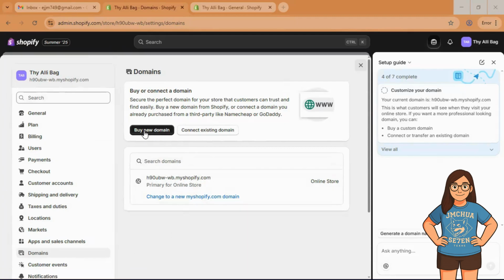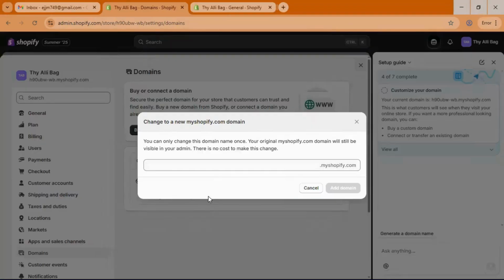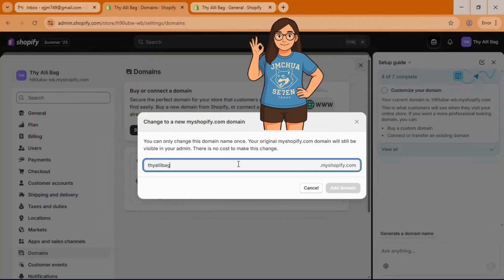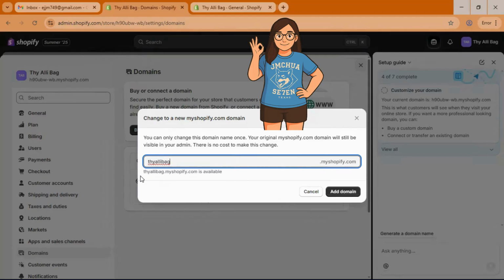So in this one, we can buy a new domain, or connect your existing domain if you already have another online store, or we can change to a new myshopify.com domain. So we can just type here alibag.myshopify.com.